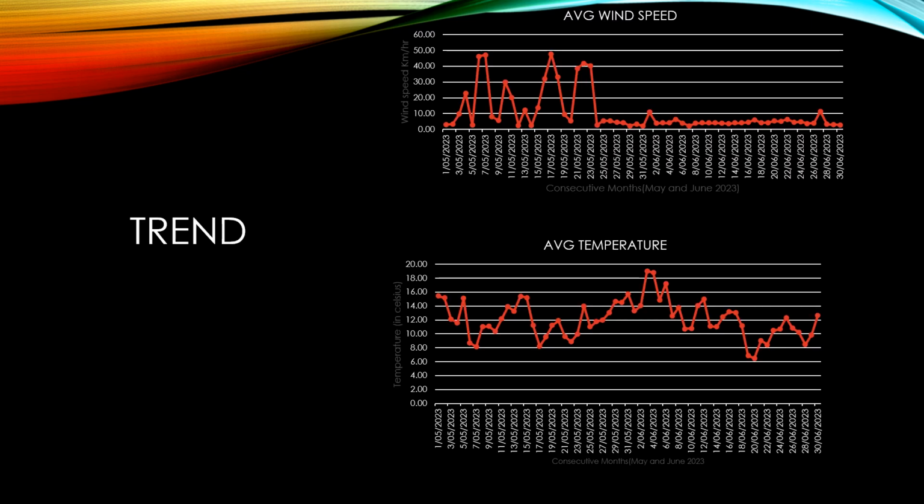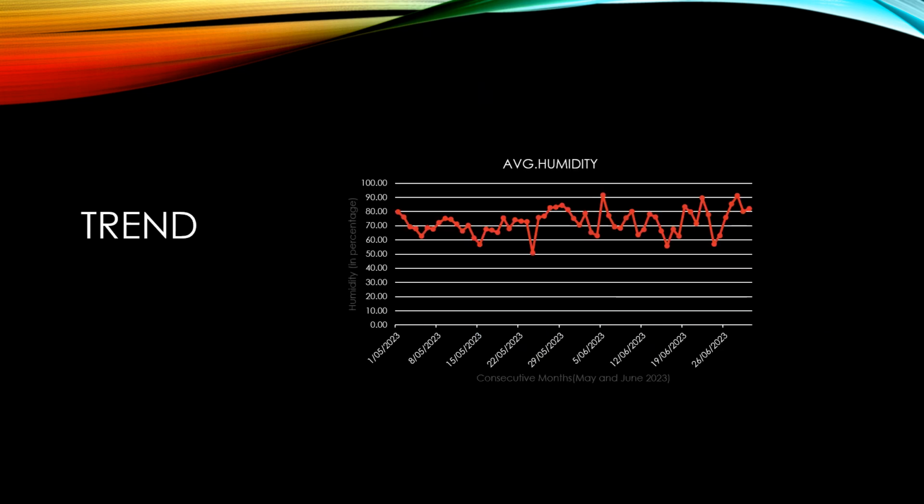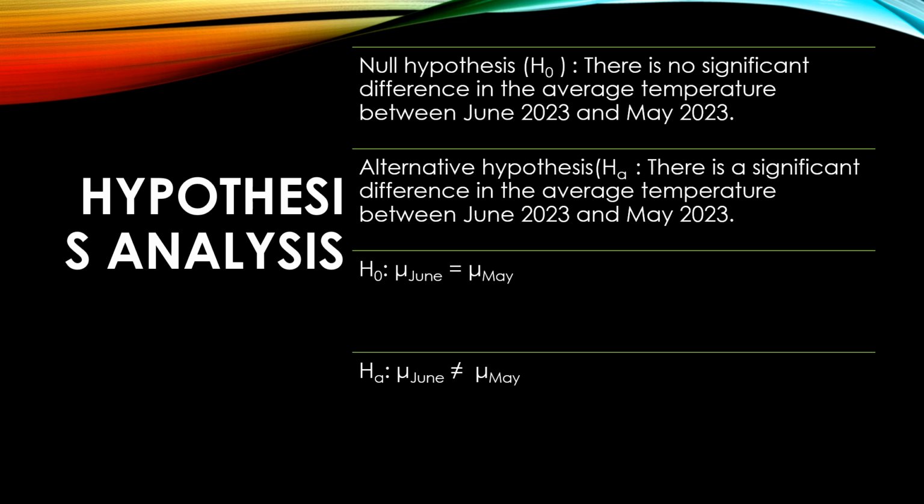And here I have interpreted the average wind speed, the average temperature and the average humidity that occurred during the 2 consecutive months. So I'm going to